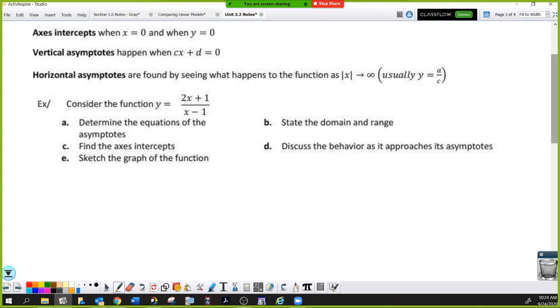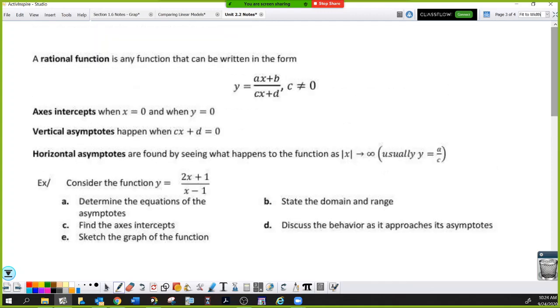And if you look back to up here, a and c are right here. Oh, I circled those poorly. Let's try that again. Right there. Leading coefficient divided by leading coefficient. And I say usually because what if there's no x on top? Well, if there's no x on top, what does a equal? 0. So it always works as long as the exponent of the top is equal to the exponent